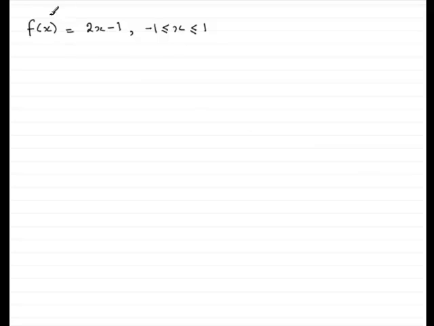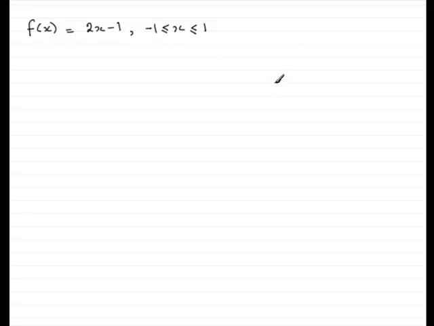Now here I've got a simple function f of x equals 2x minus 1, and I've defined it for all values of x between minus 1 and 1 inclusive. Now the best way you can work with domains and ranges, I believe, is to have an appreciation of the